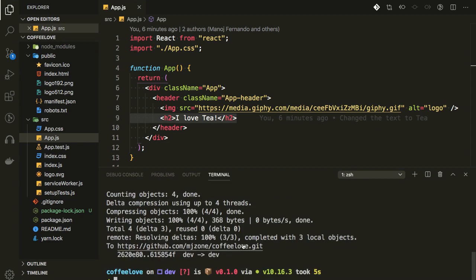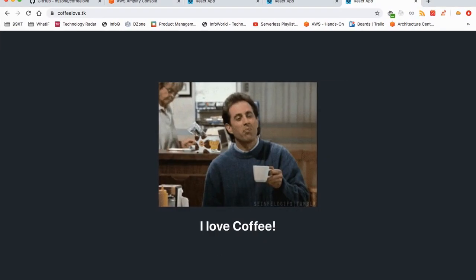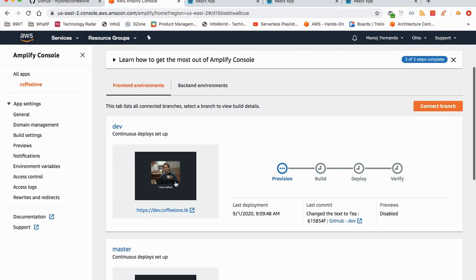So as and when the code is committed to the development branch, the build should start. So let me quickly show you. So I will go to Amplify console, and if I scroll it a little bit up, as you can see on the dev environment, the build has already started provisioning. So after this is done in about couple of minutes, we should see the change in the development environment.